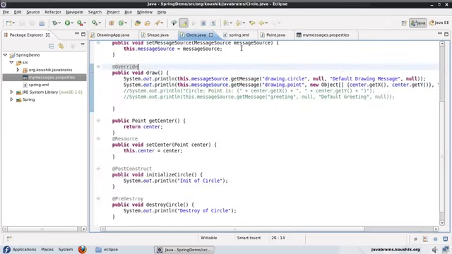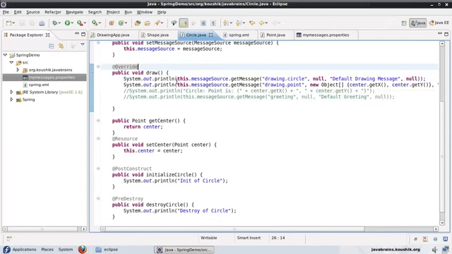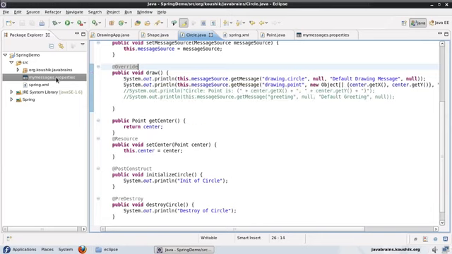So this is a high level look at the MessageSource interface and how we can use it to get messages out of property files. And this is something very handy if you want to do internationalization as well. What you can do is, if you have multiple locales that you need to supply messages for, then probably